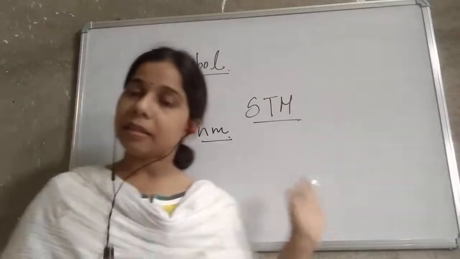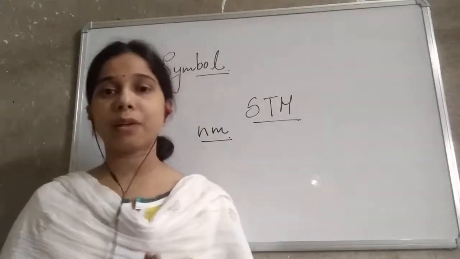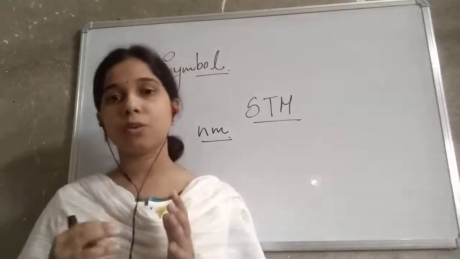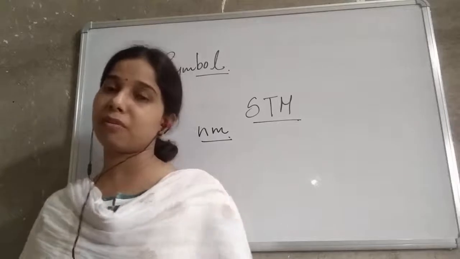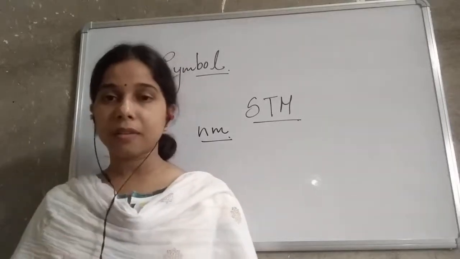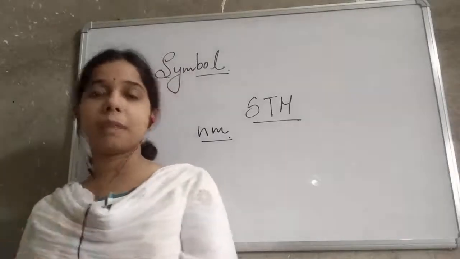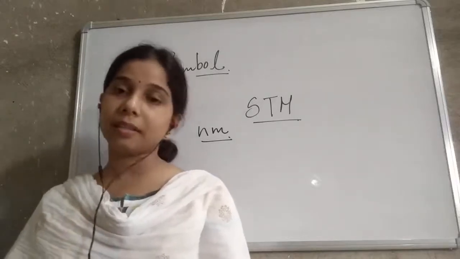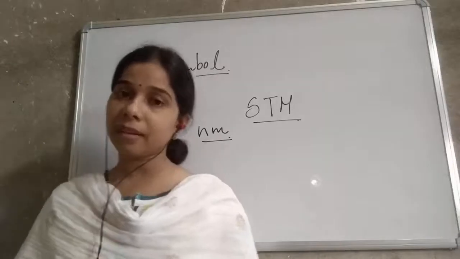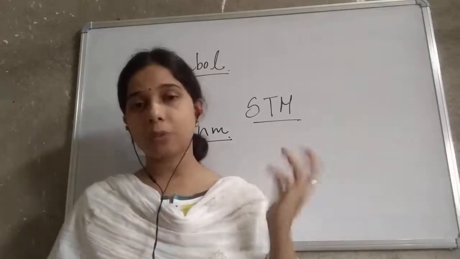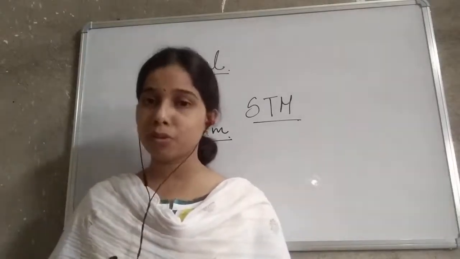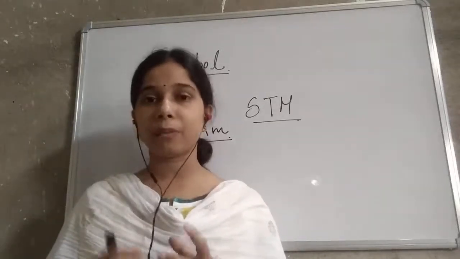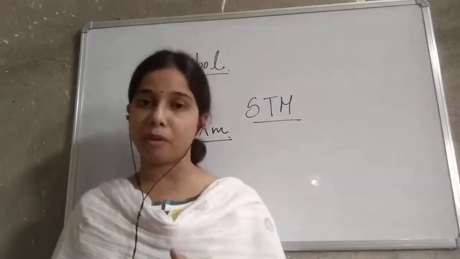At first, the symbols were given by John Dalton. He used different figures to give symbols to different elements. But that way of representing the symbol of an element was discarded. Finally, Berzelius's technique, the modern symbol technique, is used to represent the symbols of the elements. So what are the ways by which we make the symbol of an element?